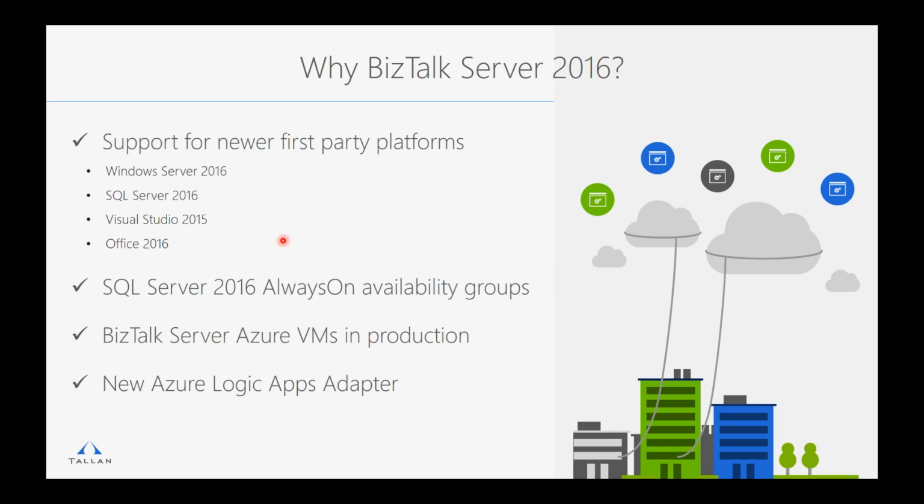Now, I thought Microsoft was going to come out with Visual Studio 2016 at the same release, and that would have made my job much easier because for once in my life, the versions would have been aligned. So the stars were aligned, and now we get 2016 across the board. Visual Studio is an anomaly now.